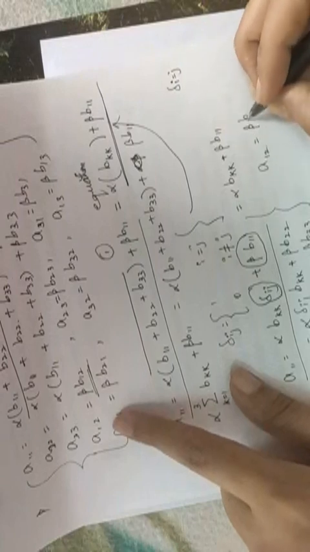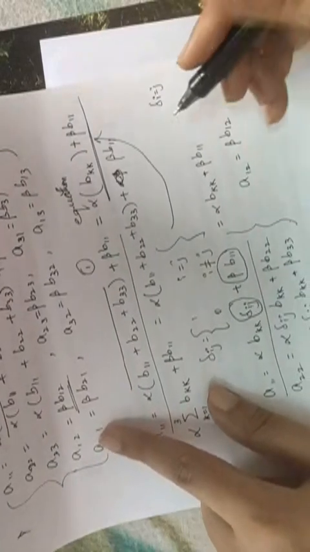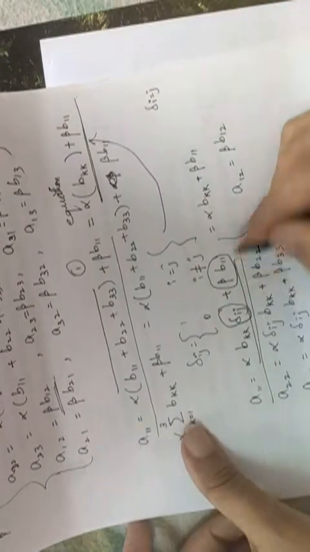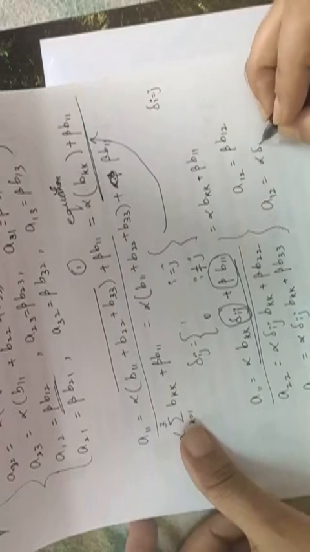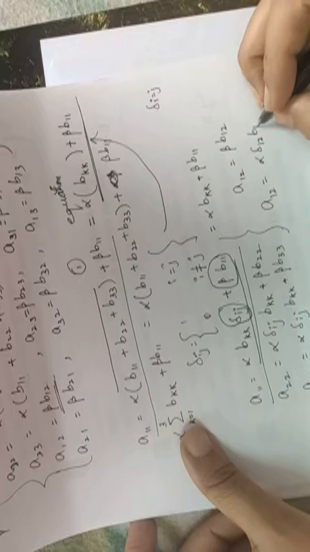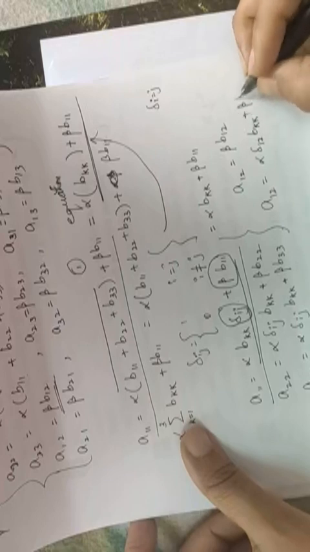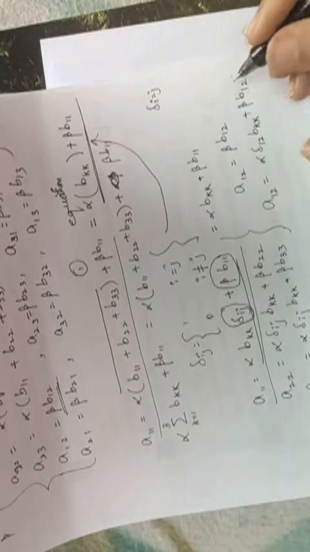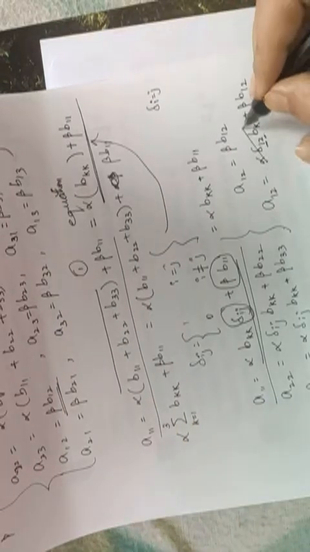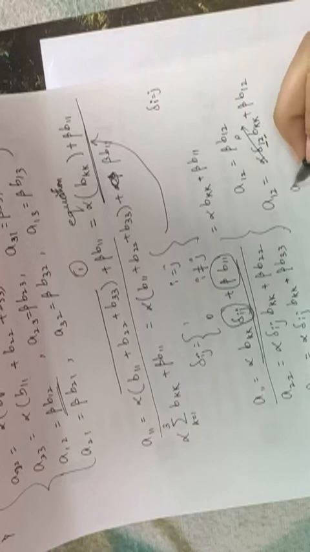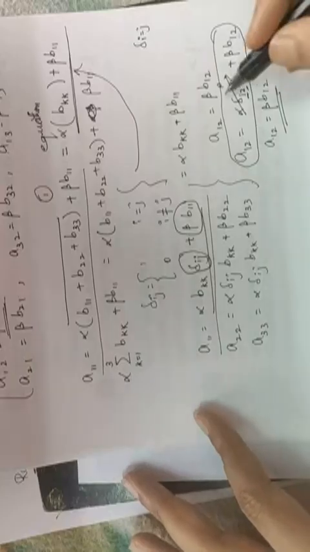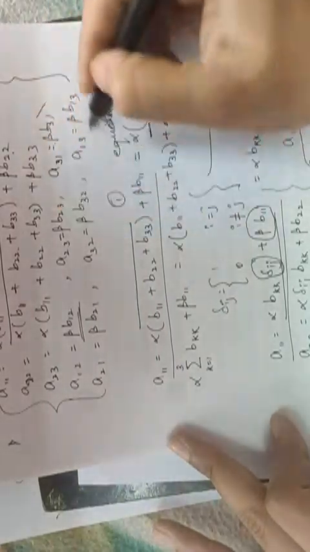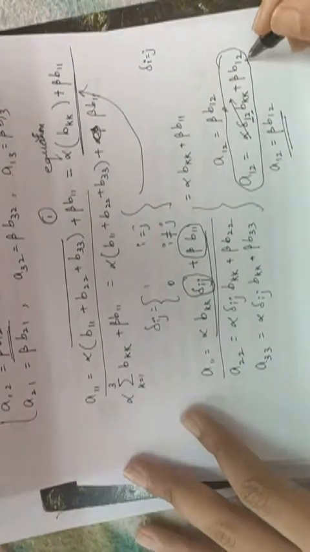A12 is equal to beta b12. Right? I can write this in this form like A12 is equal to alpha delta 12 bkk plus beta b12. Right? Since i is not equal to j, this whole term will be 0. So I will get A12 as beta b12 itself, isn't it? You can express the remaining 5 equations in the same way.